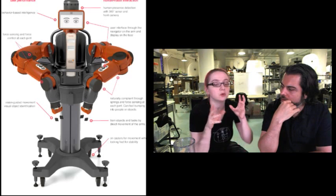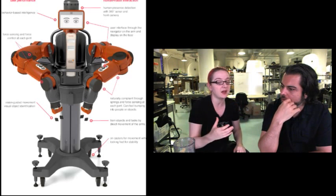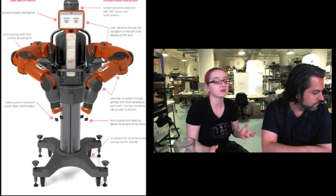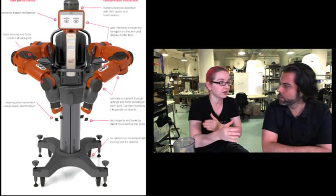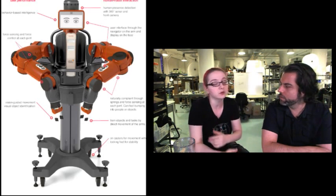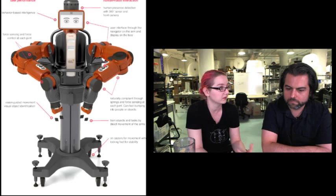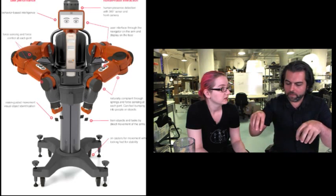So you can position this robot to do a task, and then you can put your arm in the way, even by accident or on purpose, and it will stop right as it touches you. It won't hurt you, which makes it really good for situations where there's a lot of people as well as humans working together. Yeah, it has 2 cameras